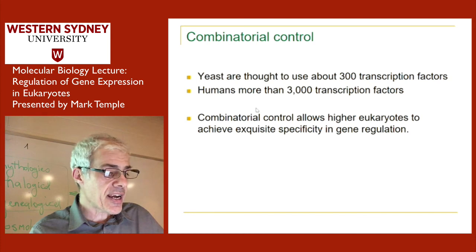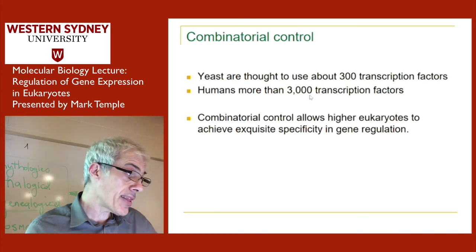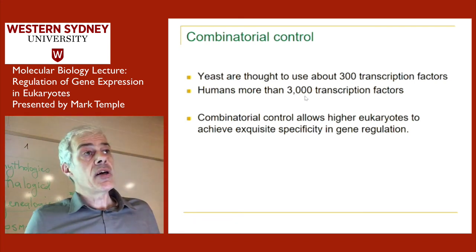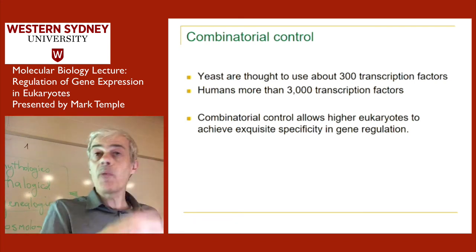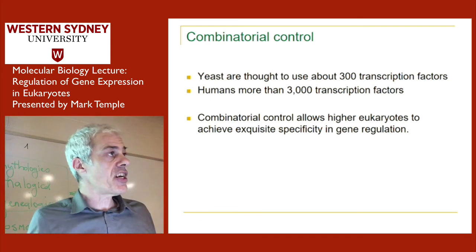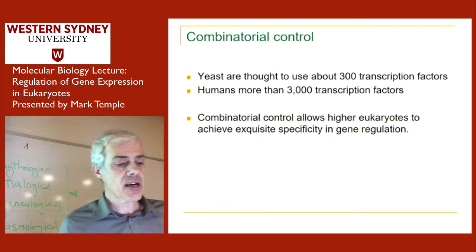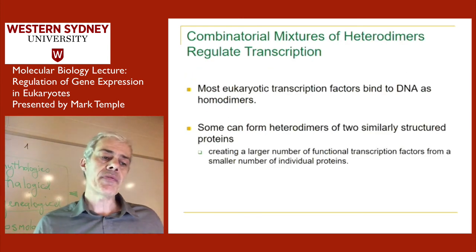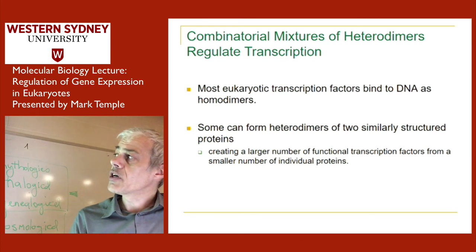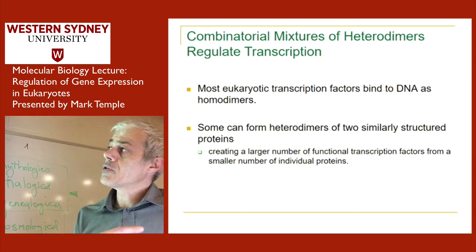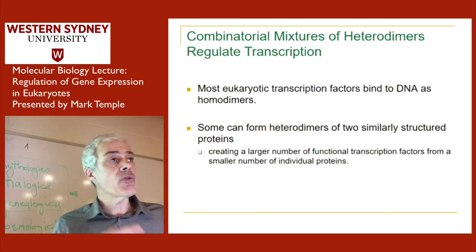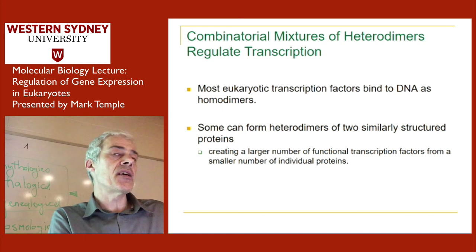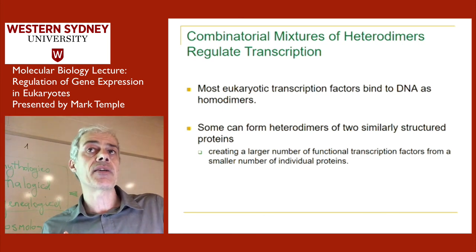In humans, current estimates are that we've got 3,000 transcription factors. So we've got 3,000 factors, which is an awful lot, except that we've got 30,000 genes. So obviously transcription factors have to bind to multiple genes, and it's the combination of factors that has an effect. The fact that transcription factors can work as dimers allows a greater range of transcription factors to be present. So even though we're saying there's only 3,000 transcription factors, there's actually more than 3,000.